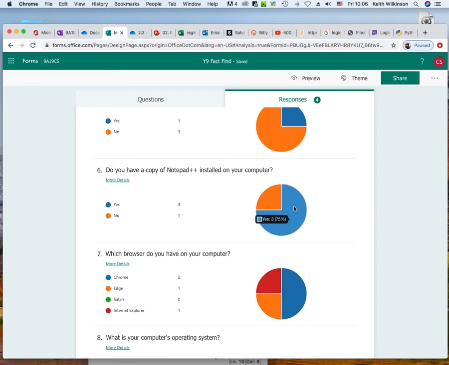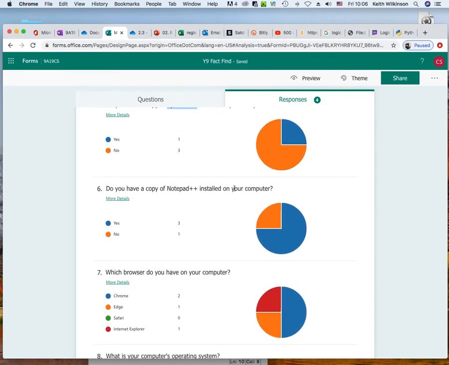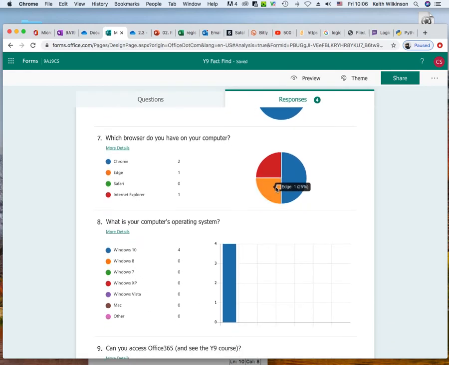I still need everybody to complete this form. I've only got 4 responses. I cannot base my lessons on that. Again, the browser is kind of important to me because I need to know when we inspect elements on a form. So if I do JavaScript or something else like that, which I know we can do, but we would need Notepad++, then I can tell what kind of errors or problems you're going to run into.